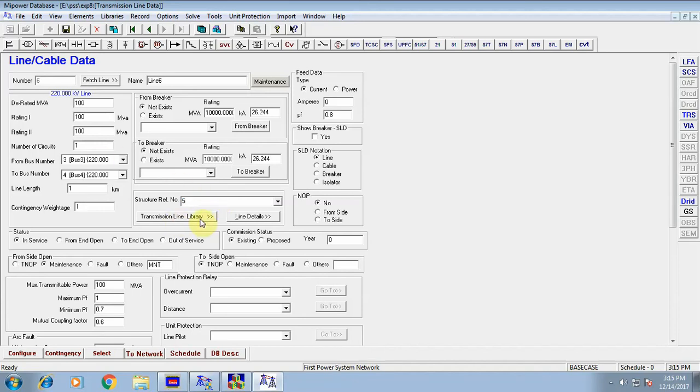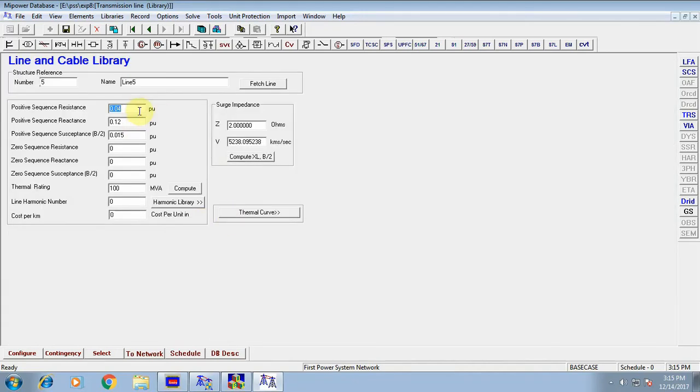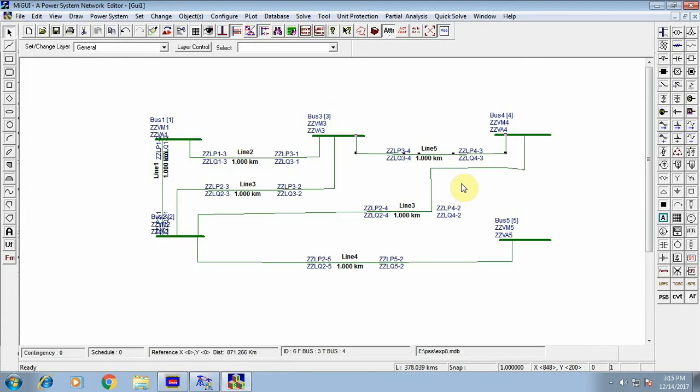Then click on this transmission line library. Enter this detail 0.01 positive sequence resistance, and then positive sequence reactance as 0.03, and then positive sequence susceptance as 0.010, and then click on the save. Click on this line, click save again, and then last transmission line is connected between bus number 4 and 5